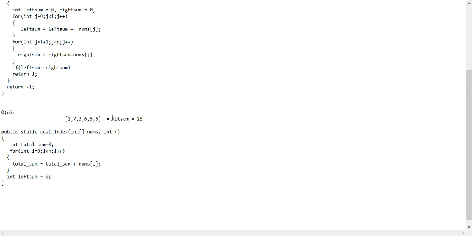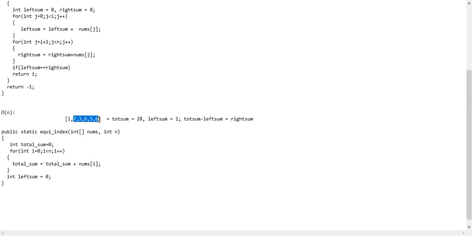That is, suppose the left sum value is 1. Now if I do total sum minus left sum, won't I be getting the right sum? You think the value, this is 28 and left sum is 1. So 28 minus 1, 27.